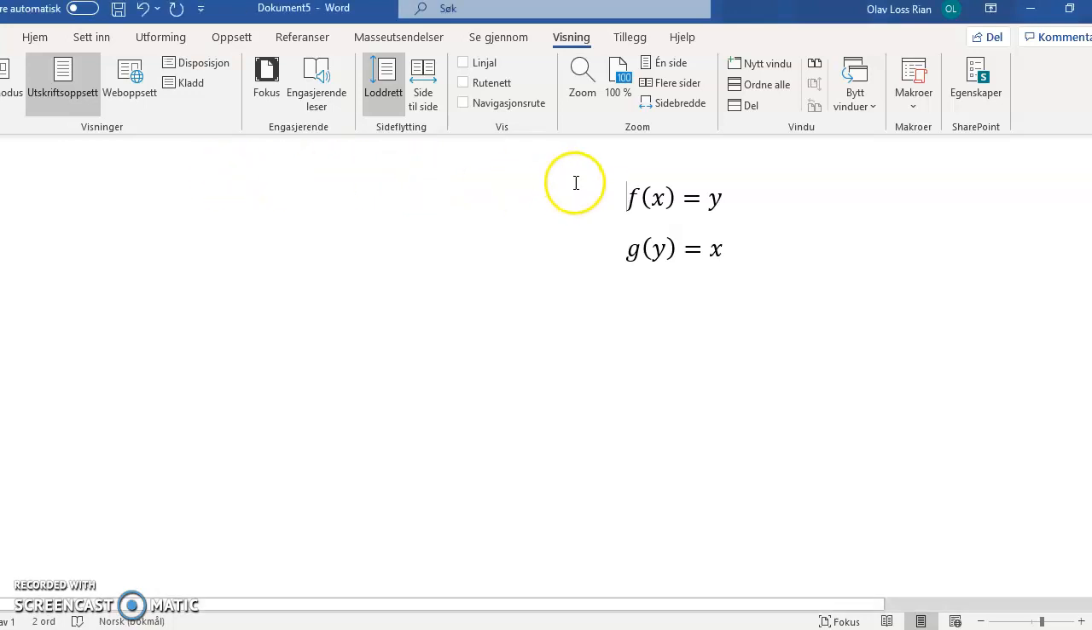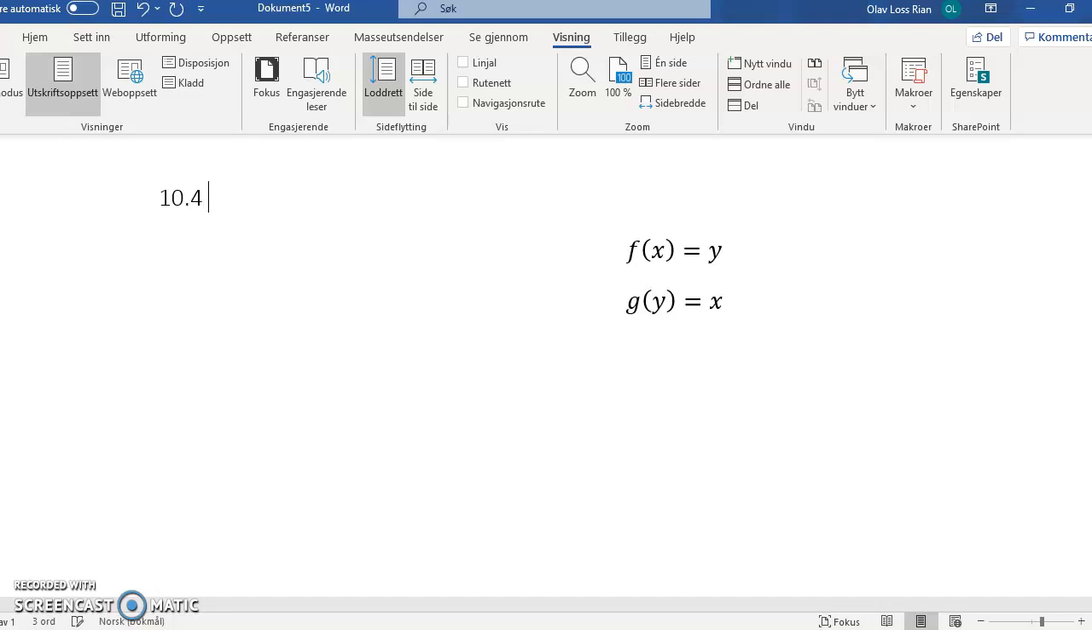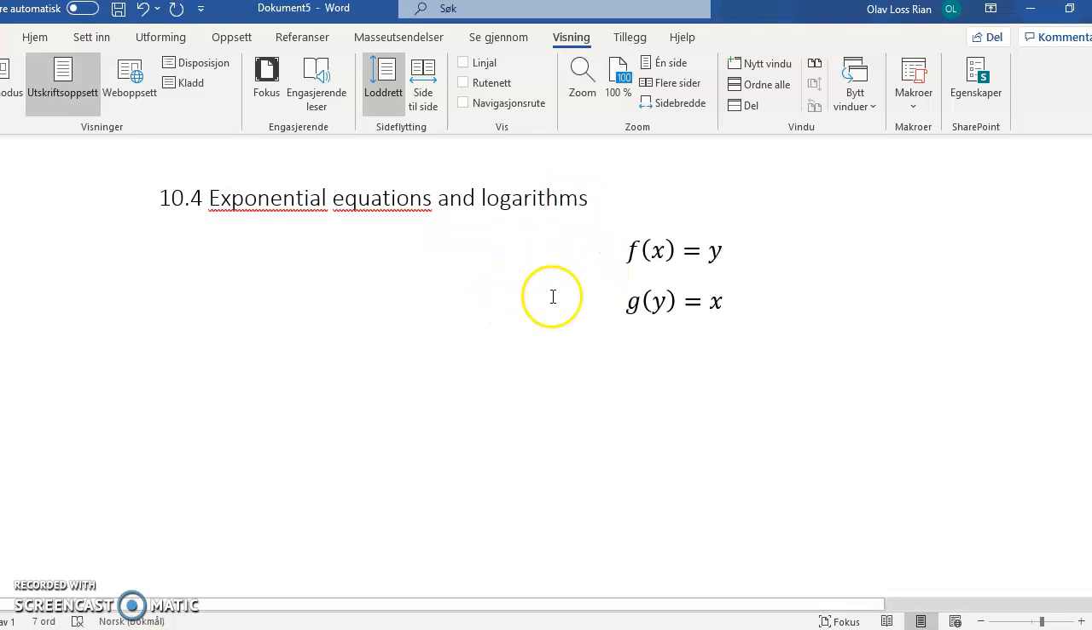Okay, now this is chapter 10.4, and we'll explore the relationship between exponential equations and logarithms. And we've seen previously that some functions have an inverse function, which means that if you have a function f